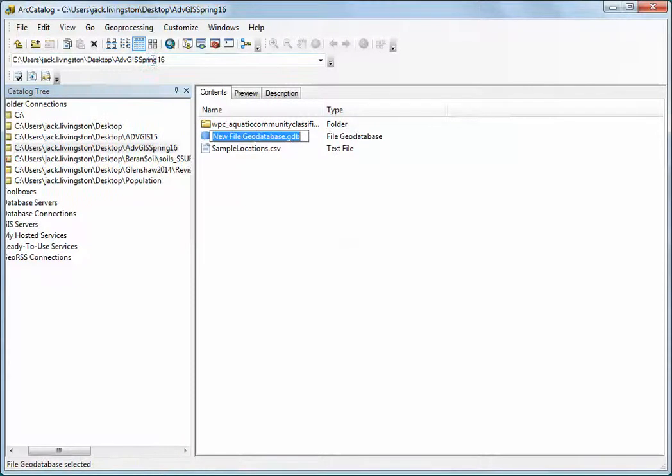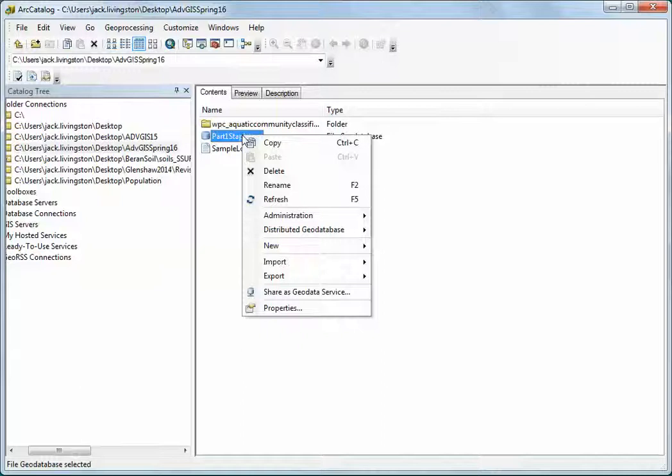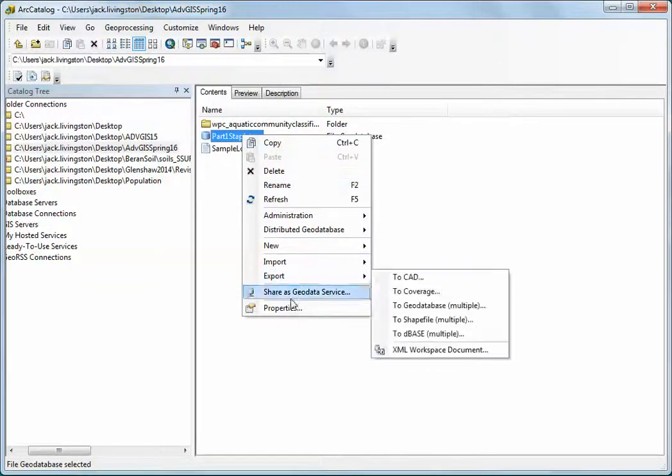It begins to essentially build it. And what I'm going to do right now is I'm going to name this part 1 Stapleton. And again, that's simply the way that I understand this is the first part of Dr. Stapleton's request. Now, once I click on that, the database is essentially built. Databases are very generic documents or files, if you will, to start. If I click on it and I look at its properties,